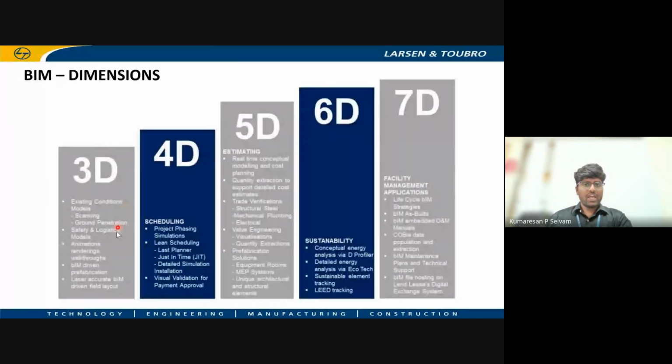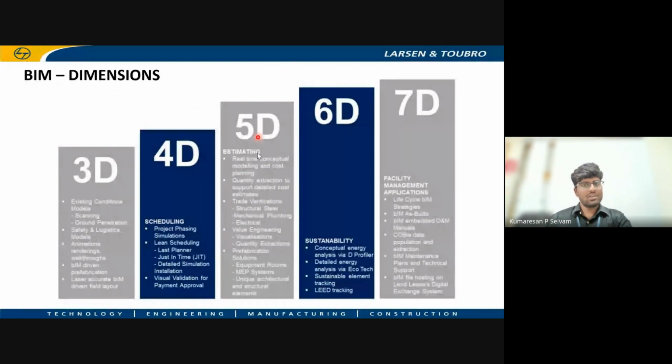And coming to dimensions, there are almost 10 dimensions in BIM. But in the Indian perspective, we are only using till 5D BIM. Many projects are only utilizing till 5D BIM.